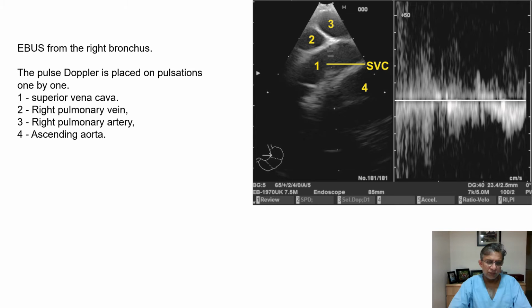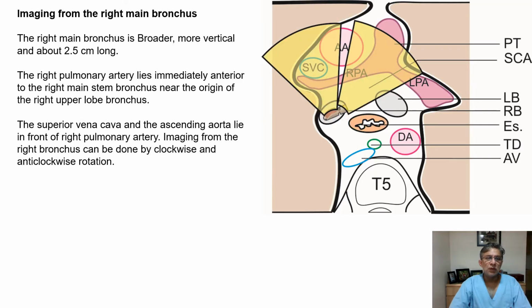When we do EBUS from the right bronchus, we can easily see these four structures, and we can place pulse Doppler one by one on all of them. For example, this shows a pulsatile superior vena cava. So when we do imaging from the right main bronchus, this is the image that we see.